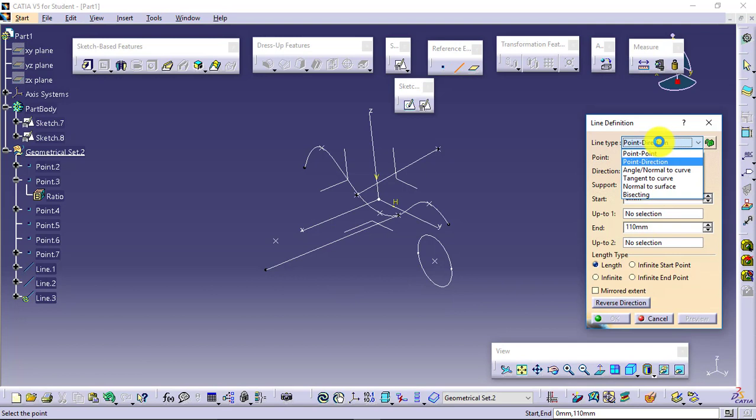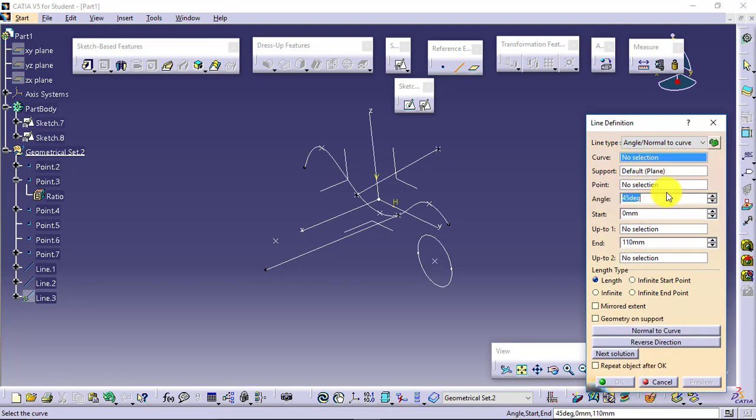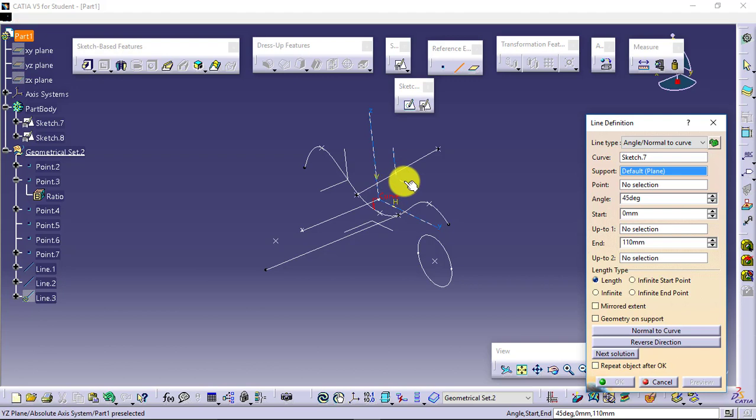Line at an angle normal to the curve. Curve, say this one. So normal to this curve. Support plane, I'll select this one. At an angle, I'll define, say, this much, and end length of this. So the line will be created.